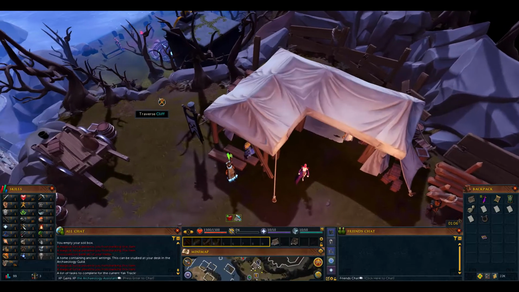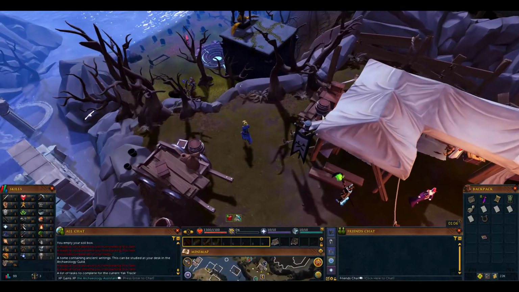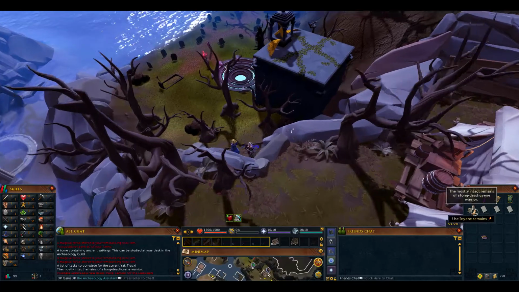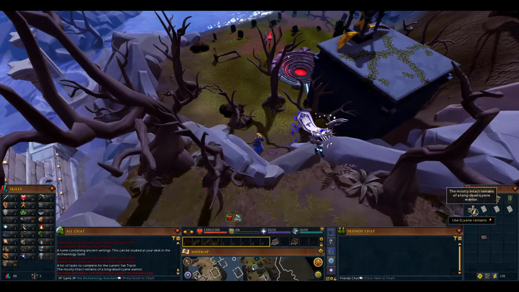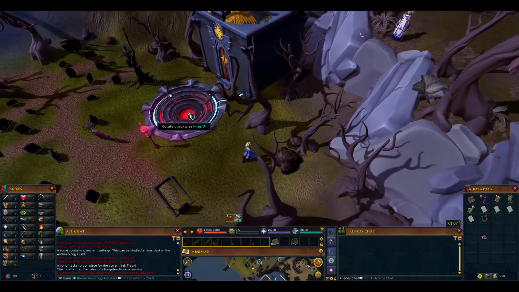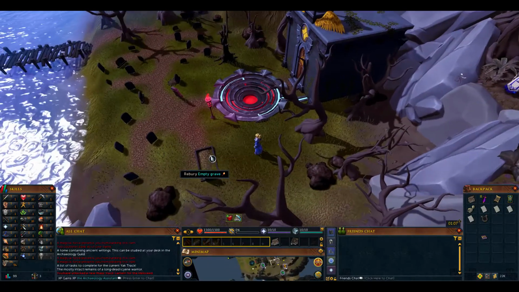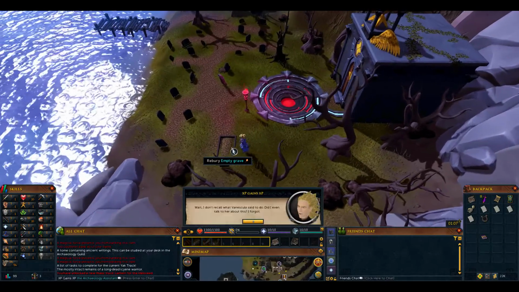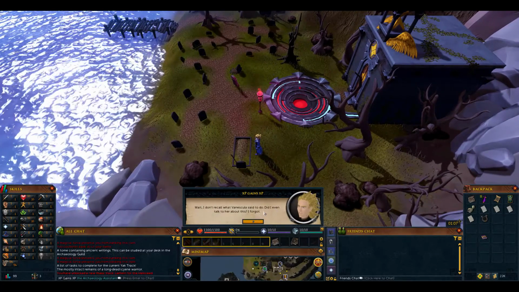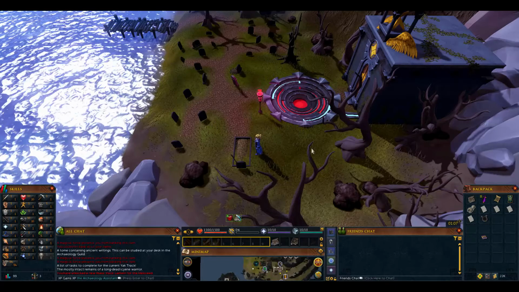Alright. So we click here and we can traverse the cliff. So this is the icy vein remains. You got one of those, the mostly intact remains of a long dead Icean warrior. So it'd be this thing maybe? No, it's a ring thing. Rebury empty grave. I don't recall what Varnica said to do. Did I even talk about this? I forgot. Yeah, we did. We said use...